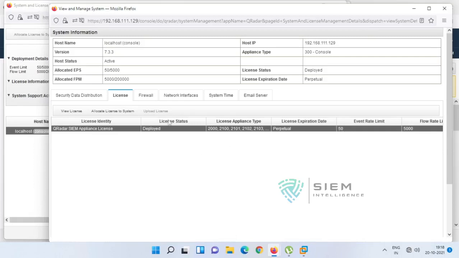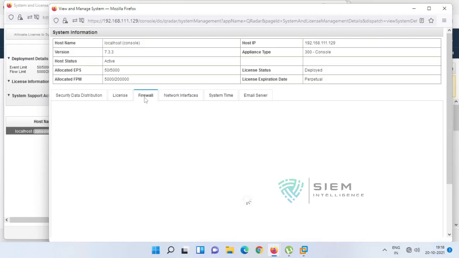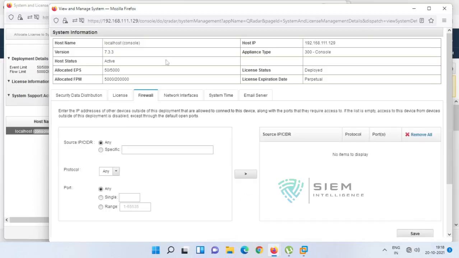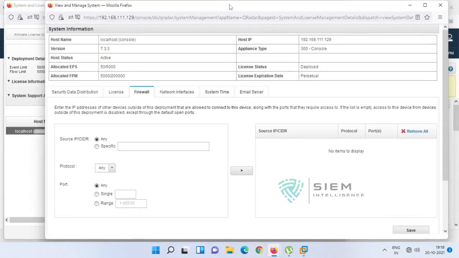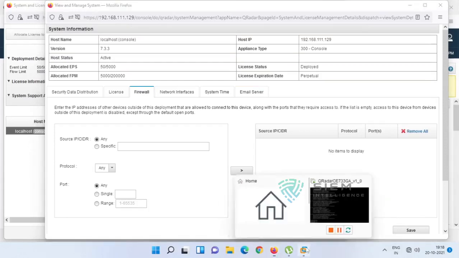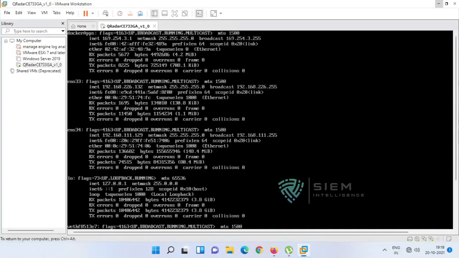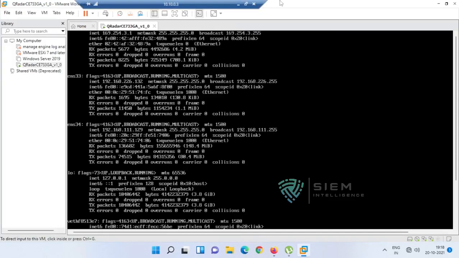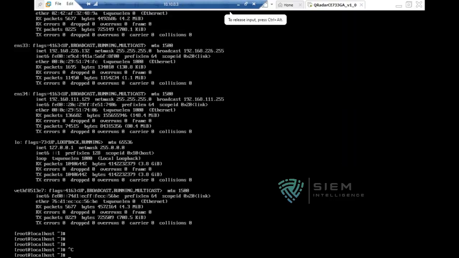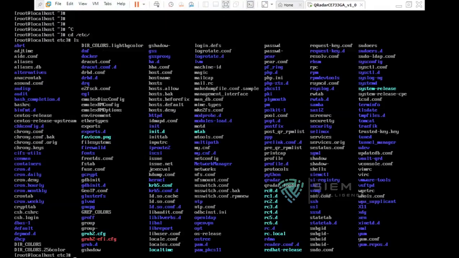Okay, so now the option is called firewall. By default QRadar is configured with a fully hardened firewall. If you want to see, there are some files you can check, /etc, or you can say iptables config, something is there.